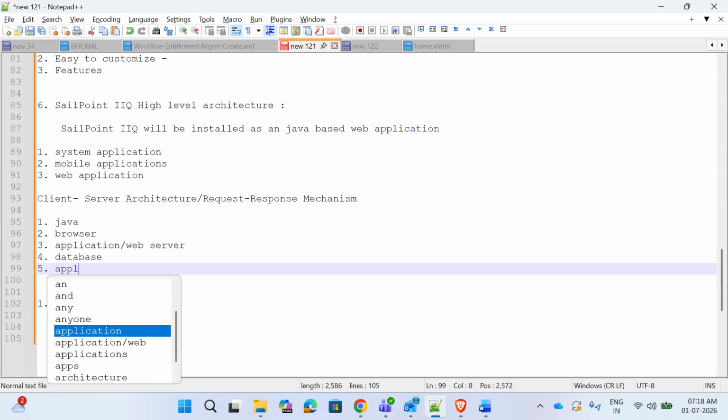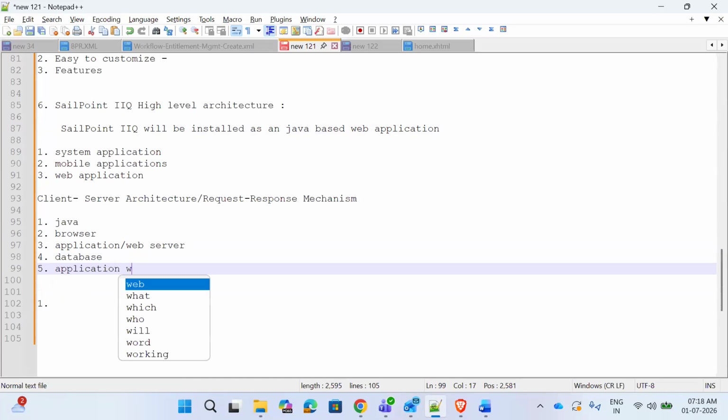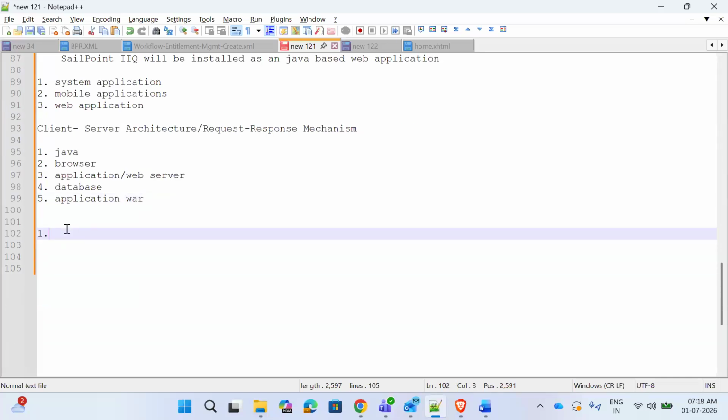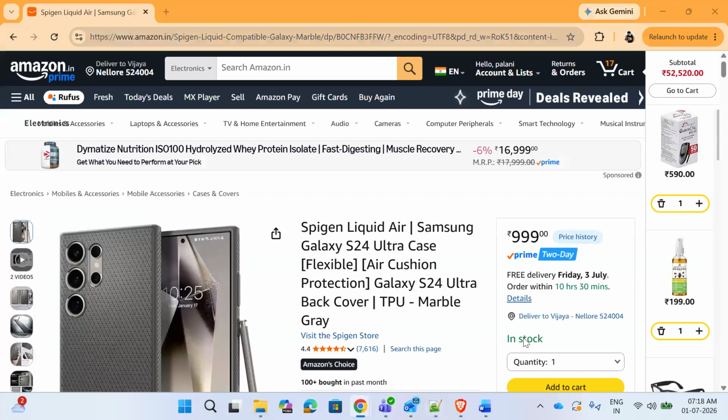Application war file. Okay, the application war file needs to be present. This is the actual application. So basically, if you want any web application to work, first of all, that web application needs to be